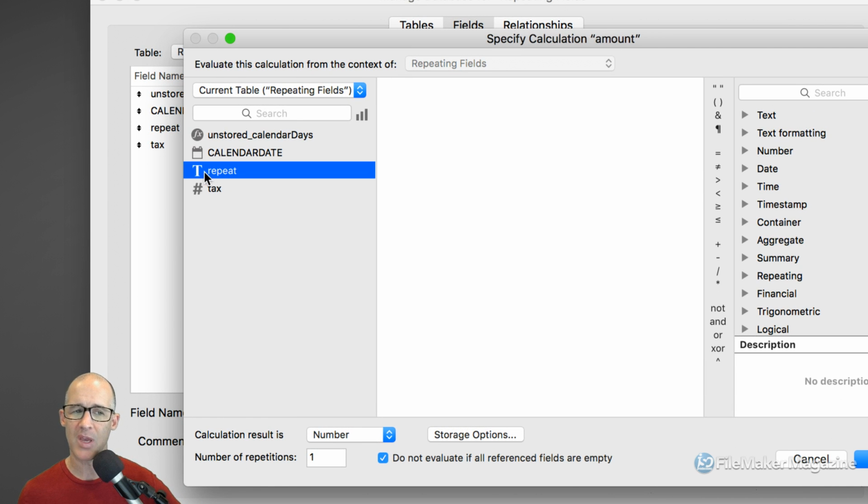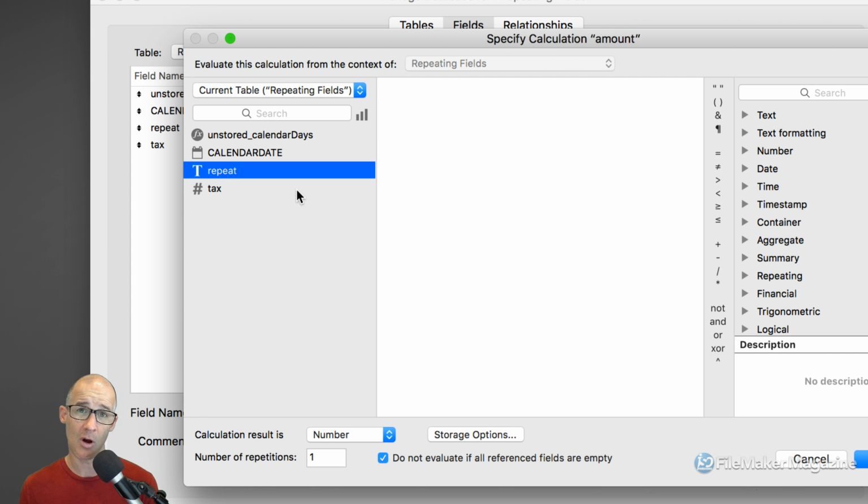We also have our repeat, which we could have made a number field, which we probably should in this particular case because I'm dealing only with numerical data, but it'll work as a text field. FileMaker will do its own internal coercion for us. If I'm dealing with a calculation that references a repeating field, FileMaker will do a one-to-one analysis when you're dealing with one repeat and another repeat. But as soon as you reference another object that is not a repeating object, you have to use this special